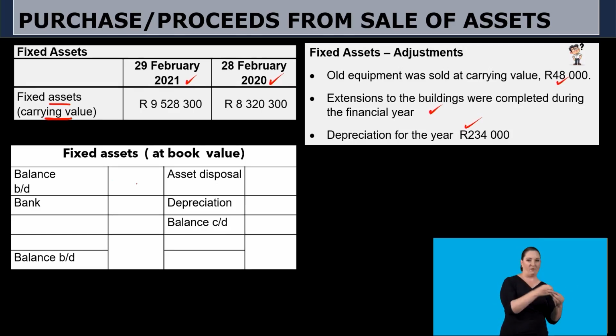Now, I've opened a fixed asset account at book value. You would understand that there are several ways of doing this. But for today's class, I'm going to show you the ledger account. Fixed asset, remember we're dealing with assets here. That means it's an asset account. So on the debit side, it's going to increase. On the credit side, it's going to decrease. And then I'll now say the balance at the beginning, 2020, it is your